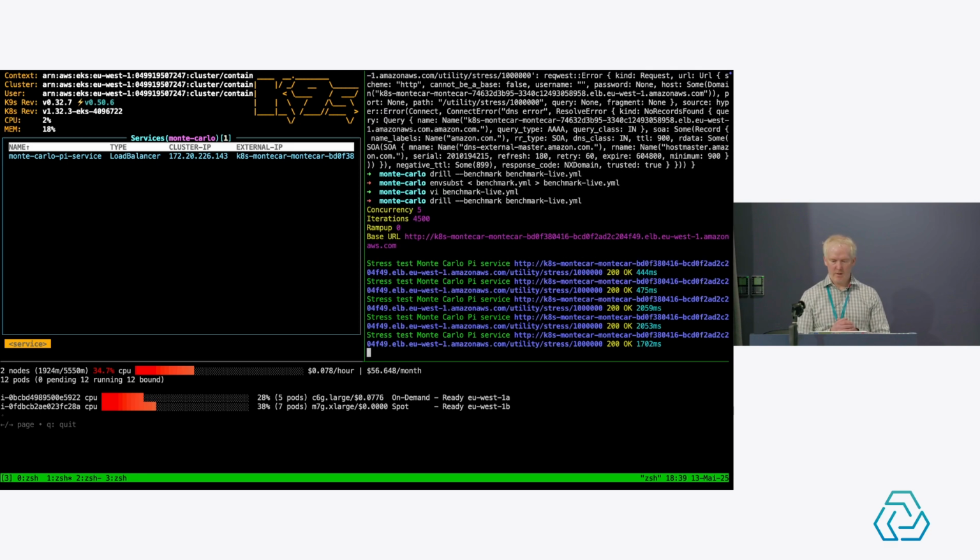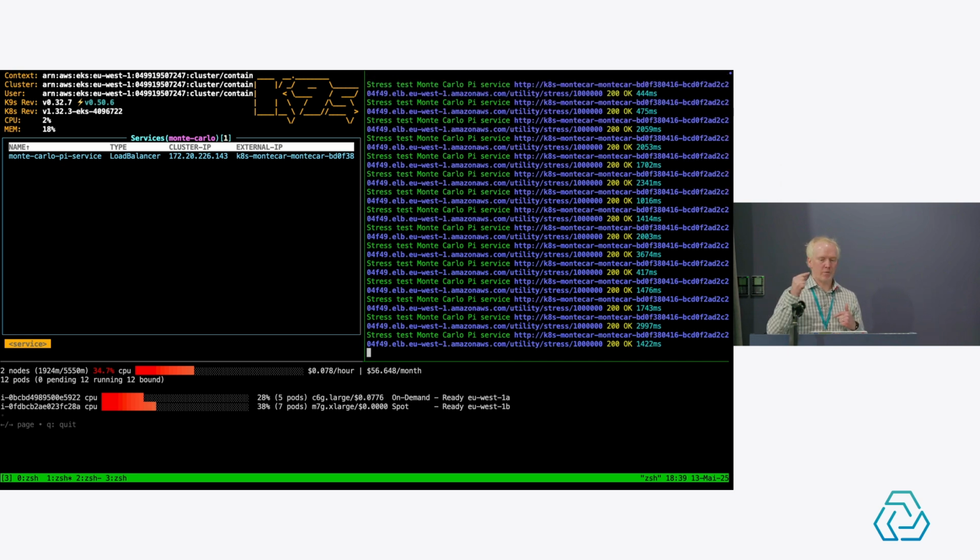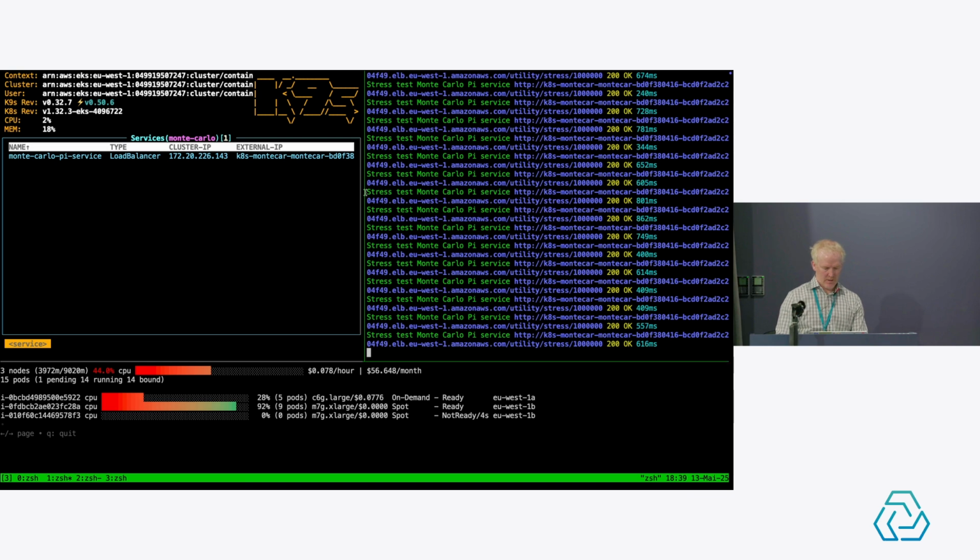Okay. So now we set up 5 threads to hit the Monte Carlo calculation 4,500 times. And it's replying in between half a second and 3 seconds. So let's look, we can see down below we already have some activity. Let's go over onto the